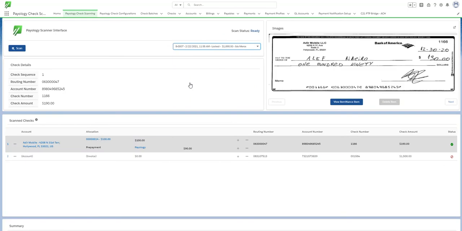As the batch opens, you'll find that there are three areas of the screen which begin to populate. The Check Details dialog, which represents the item the user is currently editing, the image pane, which is used to view the check or remittance item, and the check grid, which allows the users to apply the checks to open invoices. I'm going to click on the Pop Out Image dialog to show some of the functions of the user